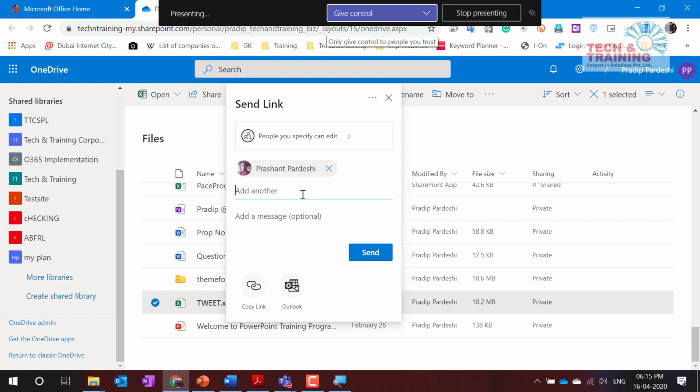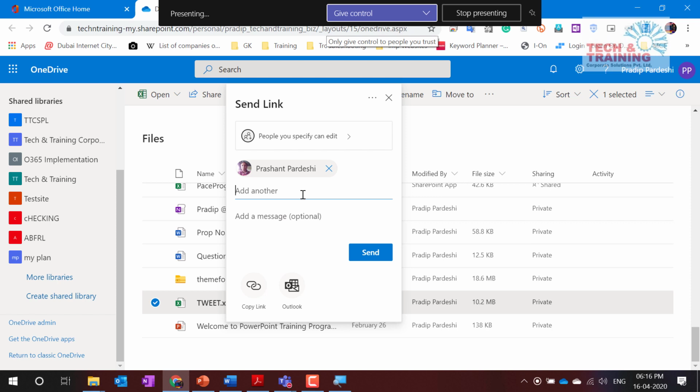Prashant is sharing it with Umesh. Umesh will not receive any communication that Prashant has shared anything like that. I will receive the communication that Prashant is sharing with Umesh. Do you want to approve or deny? If I say deny, no mail will be sent to Umesh. If I say approve, mail will automatically be sent to Umesh because I am the owner of that document.